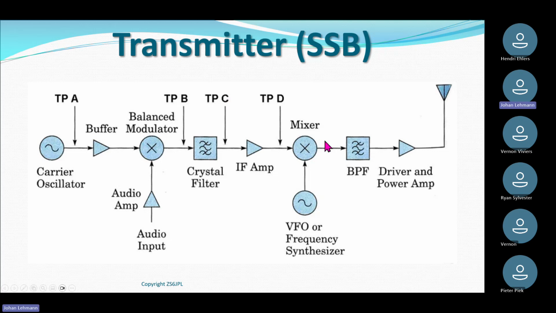Right. I'll put it through a mixer again to up the frequency even further, and again I'll put it through a filter so that the only thing coming out this side of the filter is my sideband, either the upper sideband or the lower sideband. That's all that must come out of this filter into the amplifier and into my antenna. So you can see the complexity of the electronics is increasing as we're moving further and further along the chain.